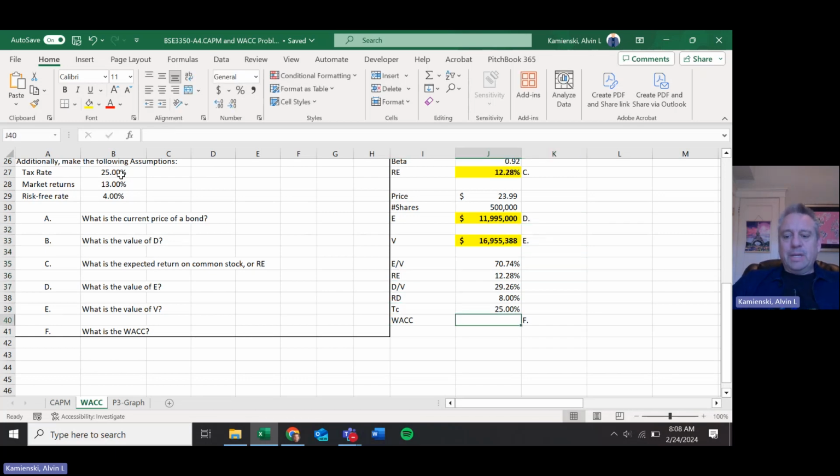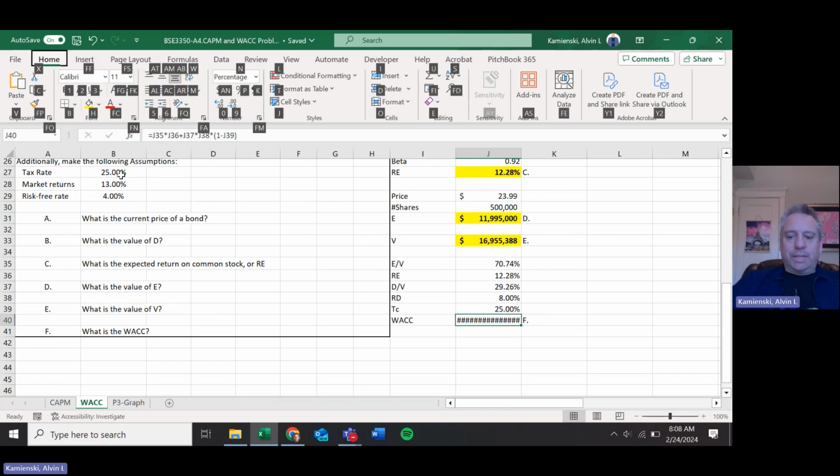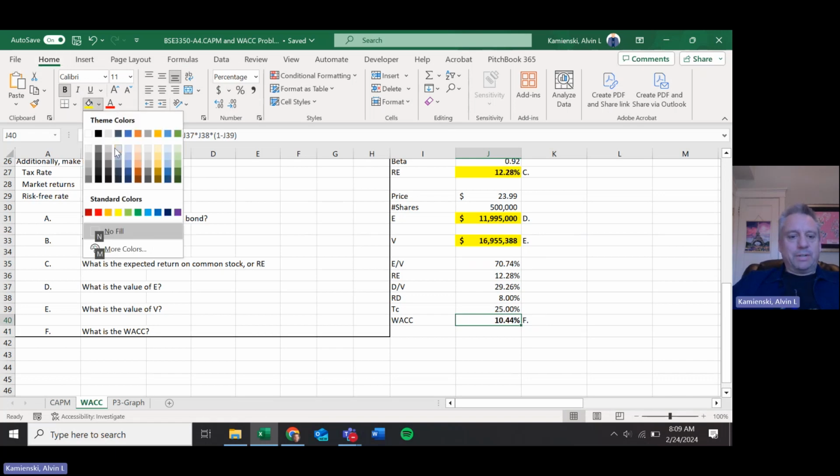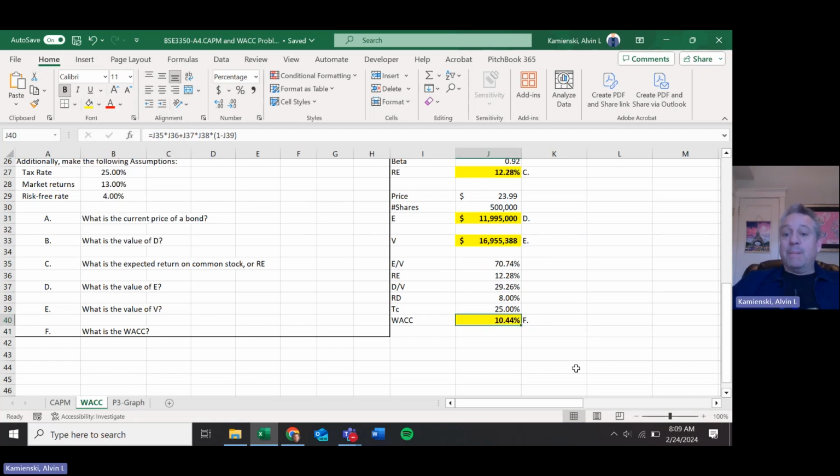Let's put it all together. So the formula suggests it equals the percentage allocation of equity multiplied by the rate of return on equity, plus the percentage allocation in debt multiplied by the rate of return on the debt, multiplied by the tax shield provided by the debt from the interest expense. So multiplied by parentheses 1 minus the tax rate. And when we put that all together and expand the decimal, we can see that our final answer for the weighted average cost of capital is about